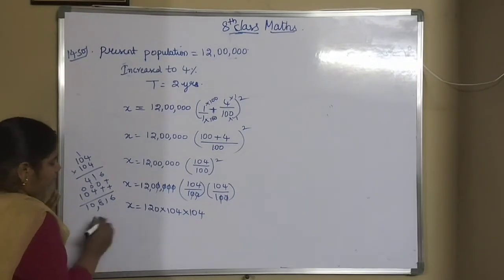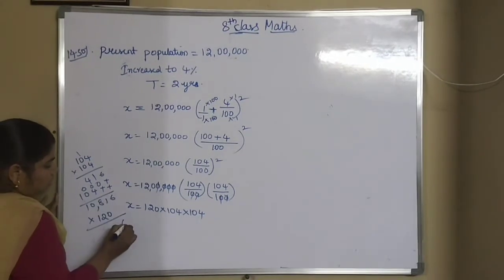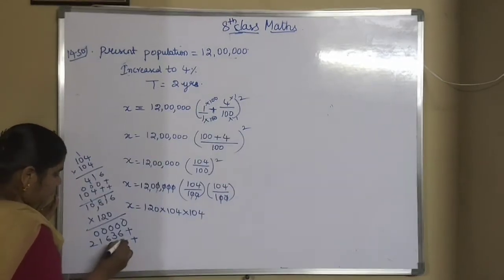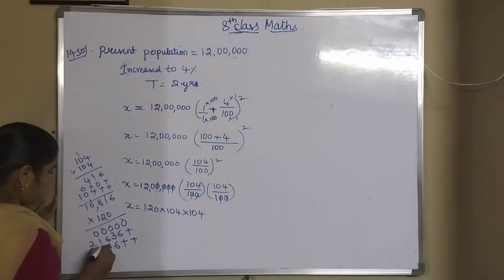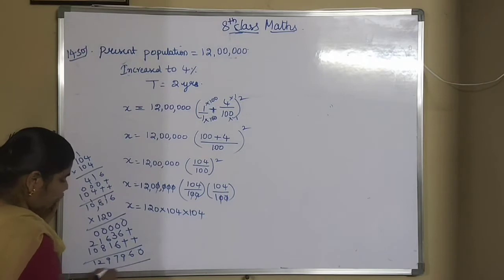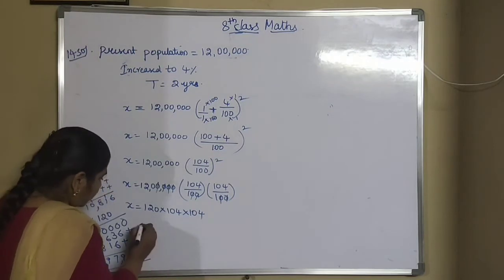Now with this we have to multiply 120. 0 6 are 0, 0 1s are 0, 0 8s are 0, 0 0s are 0, 0 1s are 0. Now multiply with 2. 2 6 are 12, 2 1s are 2, 3, 2 8s are 16, 1, 2 1s are 2. So with 1, 6, 1, 8, 0, 1. So if you add 0, 6, 9, 7, 9, 2, 1. So how much did you get? You got 12 lakhs 97,960. So what is the population after 2 years?